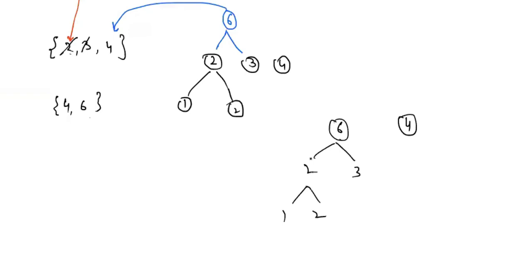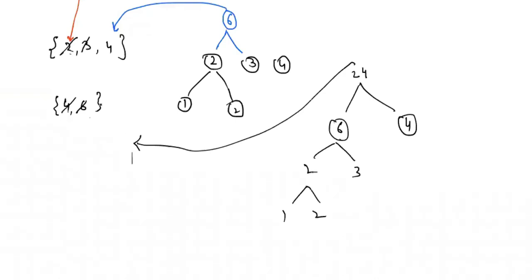Then we again remove the two minimum nodes. Now the two minimum nodes which are removed will be 4 and 6. We remove them, then we process them. Process them means that we are adding them, so we are creating a parent node. This parent node is 24. Now we will not insert this parent node because the priority queue is now empty. So we will keep on processing until the priority queue becomes empty. When the priority queue becomes empty, it means that now my tree is complete. Does it make sense?